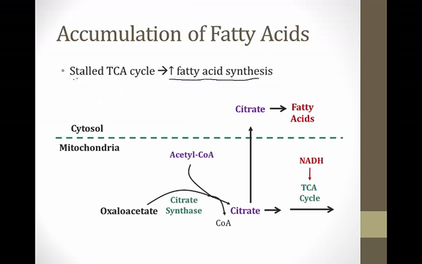and that is because, once again, the TCA cycle is stalled. On the screen here, I've shown the first step in the TCA cycle where acetyl-CoA is combined with oxaloacetate to form citrate. Normally, citrate would be further metabolized by the TCA cycle, but this cannot occur in alcoholics because the TCA cycle is stalled from high levels of NADH. As a result, citrate will be shuttled into the cytosol, and in the cytosol it is used to synthesize fatty